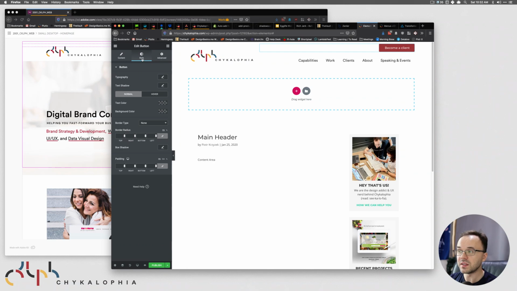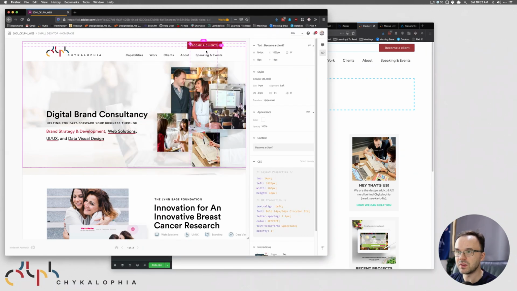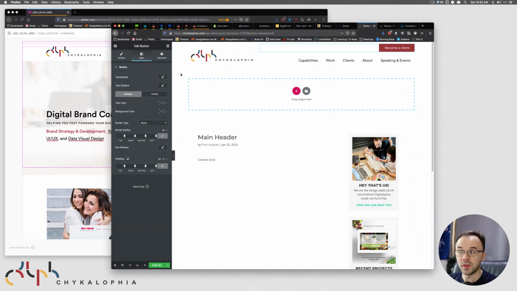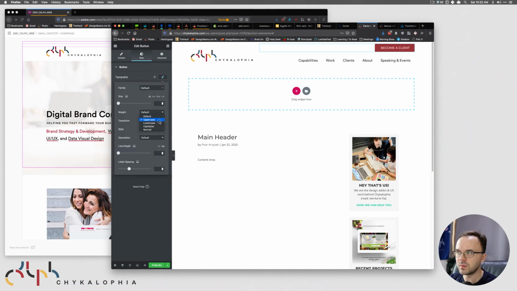The reason why is that if somebody copies and pastes this, you probably don't want them to copy and paste full big, capital letters. You'd want them to paste regular looking text. So I want this to be styled by CSS,